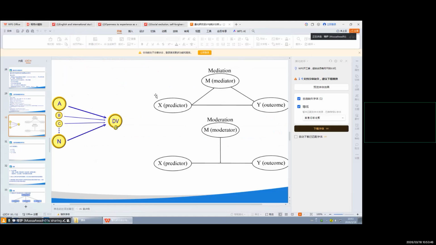I may need to explain more, right? Yes. For example, educational psychologists, researchers in educational psychology, are very interested in examining the relationship between personality and academic performance. Personality and academic performance. For example,